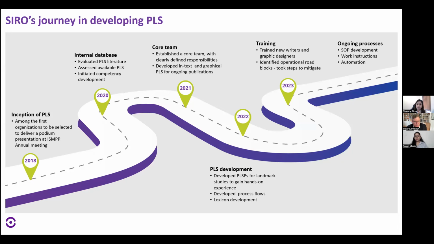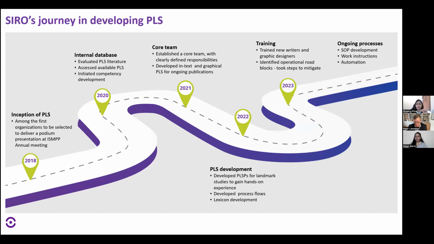We started looking at the literature, what is available. We developed an in-house competency. We developed a core team. We have a team of writers, reviewers, designers, even lay reviewers, who play a very critical role in developing focused and specialized plain language summaries. While we did this, we also did some live work on plain language summaries. We developed some plain language summaries for some landmark studies. We have developed expertise in training material. We have in-house training guidance documents for new writers and new designers.